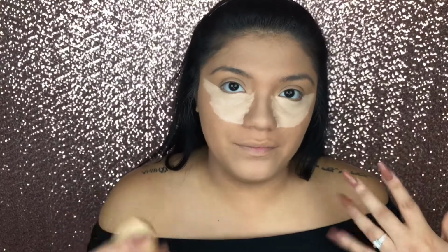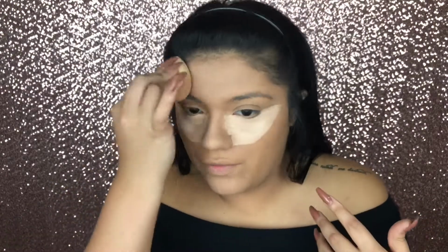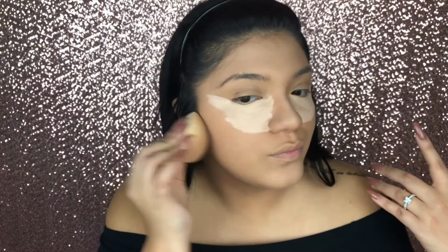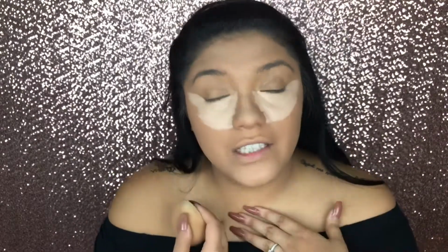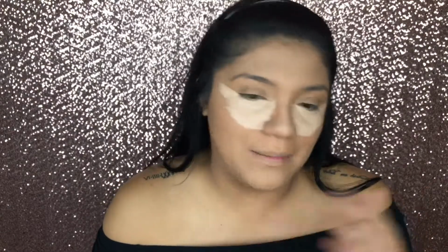I'm sure I told you guys, but I like to do my eye concealer last because I like for it to get a little tacky. So I'll do the chin, the nose, and then the forehead, and just even everything else out. And then wait for a little bit for it to get tacky, and then I'll go in and do it. I just feel like it doesn't crease when I do that. Maybe it's just a mind thing, but